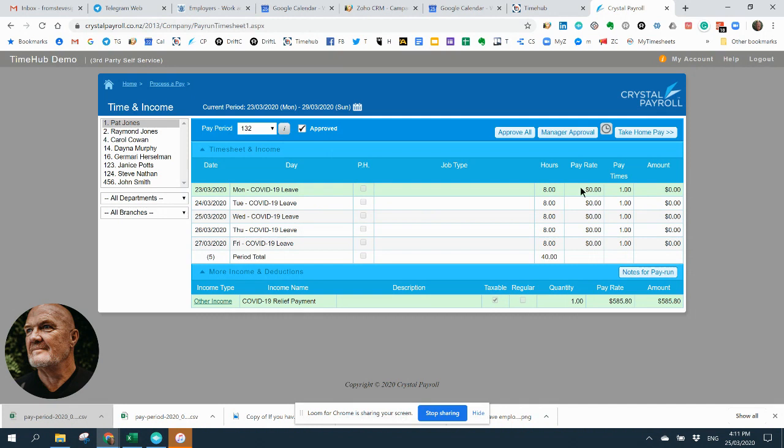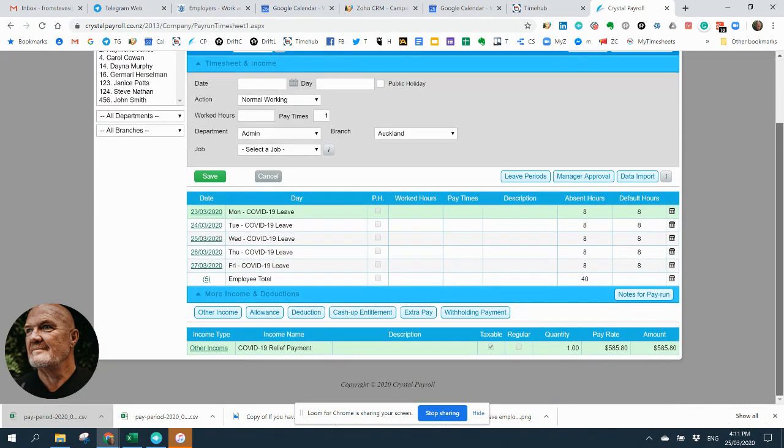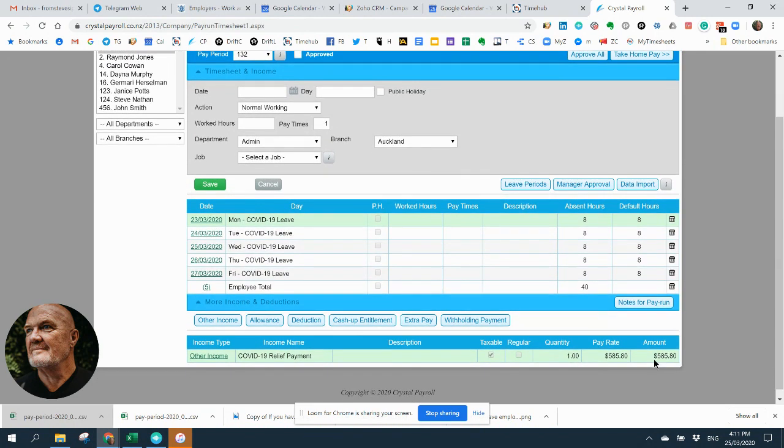Now, in my case, I've used $25 an hour for this employee. So their normal pay would be $1,000 gross. So if I unapprove this now, what I need to do is get to the point where I've got 80% of $1,000, which is in this case $800. So I need to top it up with an amount here, which would be